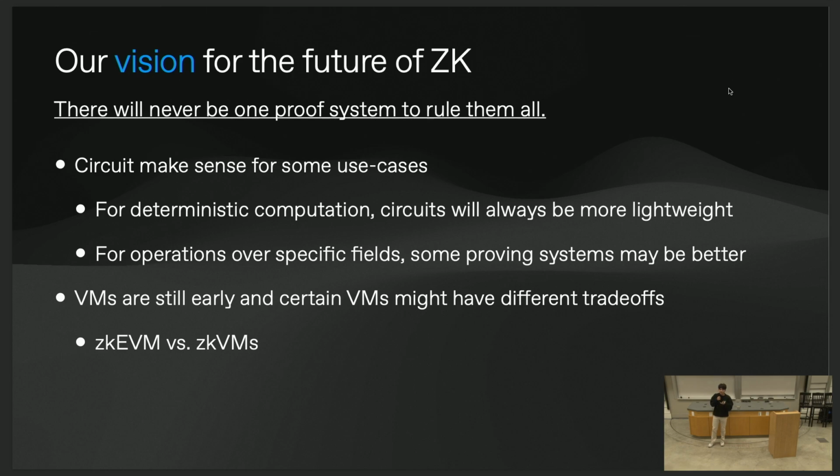And I think there's a bunch of other cases, such as with Modulus, where they're doing machine learning. Maybe there's specific things they can do there to optimize the proving system. If you're building cryptography applications that operate over a specific curve or a specific field, it might make a lot of sense to build proving systems very specific to that use case. And even in the VM landscape, we're starting to see some ZK VMs built with basic instruction sets and some ZK VMs built specifically for the EVM. I think we'll see that the ZK EVM specifically built for the EVM will inherently always be faster.